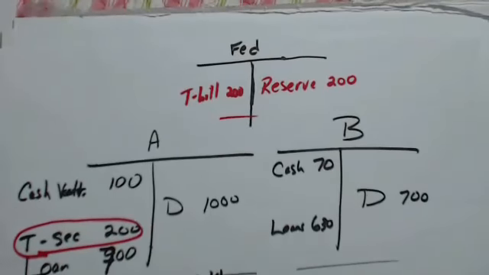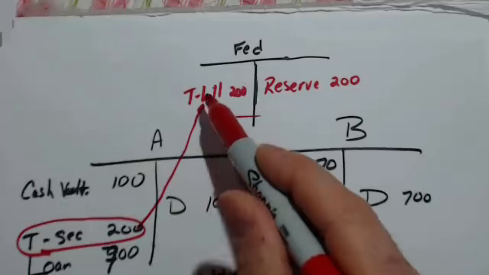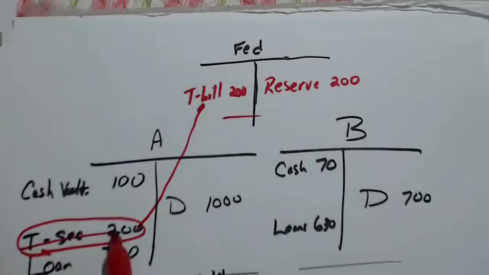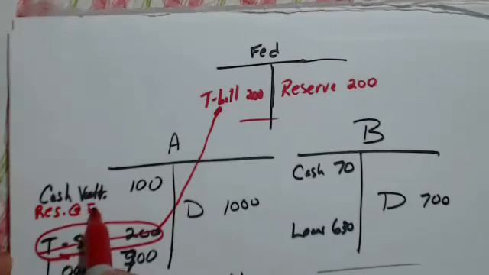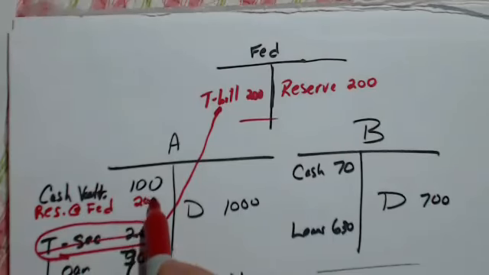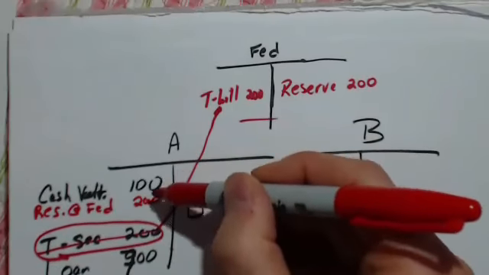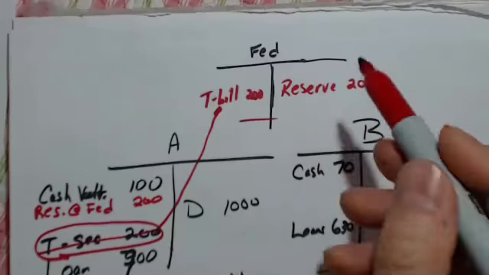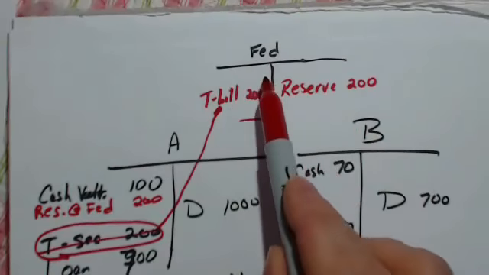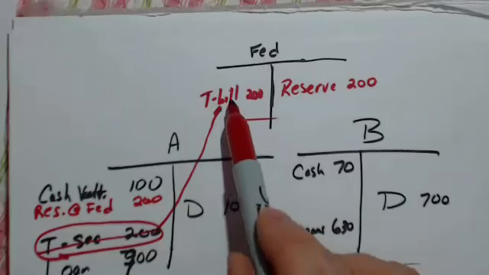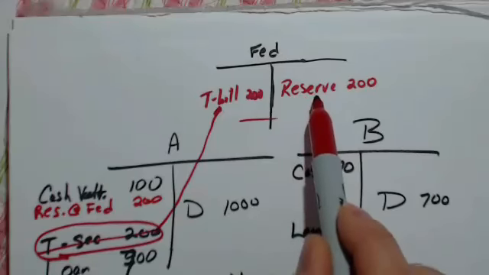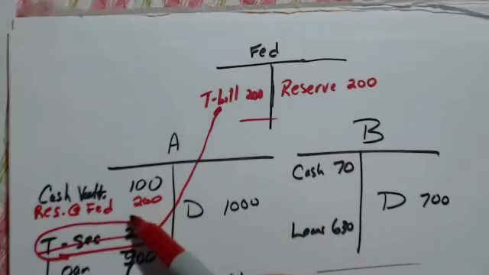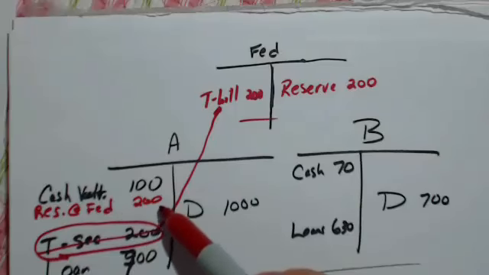And what happens is this Treasury bill ends up on the Fed's books. So that Treasury bill is gone. It's off the books of the bank. And now the bank has reserves, I'll just call it RES, at the Fed of 200. Okay, and those reserves count just like cash in the vault. So without the Fed having any resources per se, the Fed has purchased the Treasury bill. It's on their balance sheet, and they've promised to give backup to Bank A of $200. So Bank A has reserves at the Fed of $200.